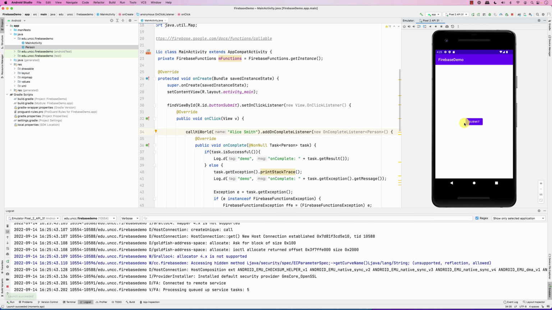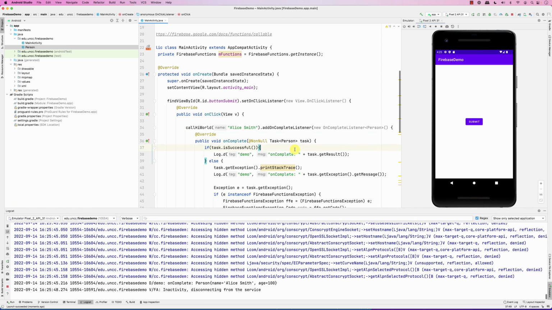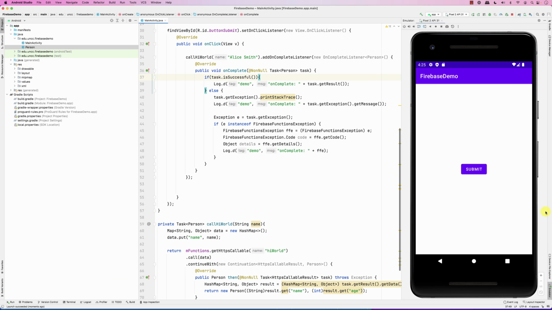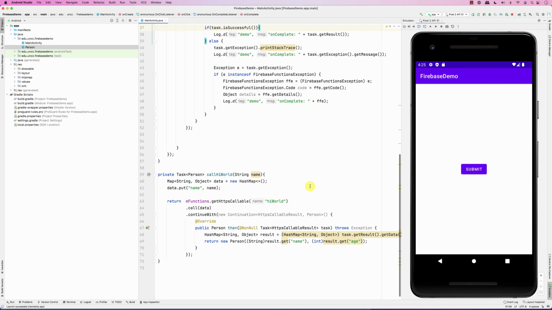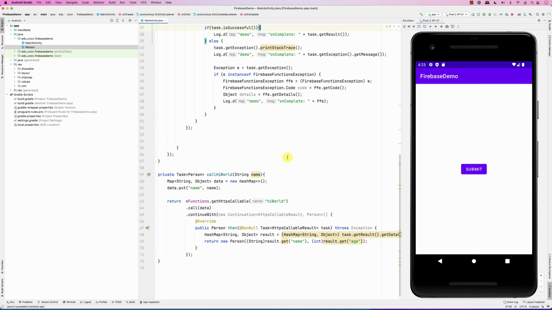And now when we submit, you could see that the name now is Alice Smith and the age is 100. Cool. So basically you could see how we could run such a system and how we could use it. It's very straightforward, and we are talking to the cloud function through the SDK. The beautiful thing about the cloud function through the SDK is that now this also offers you the ability to